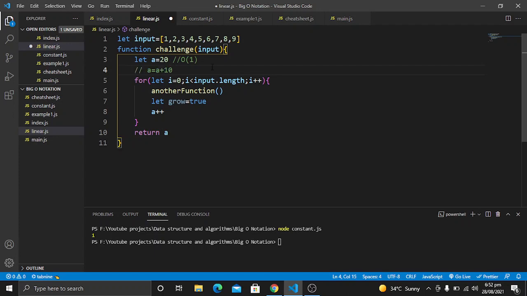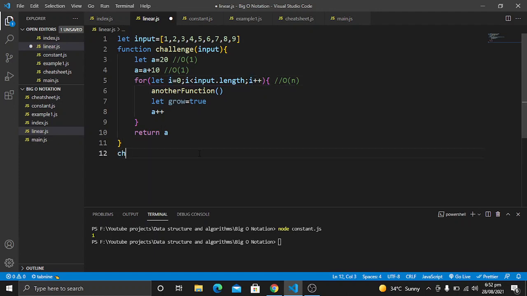Here we are calculating the big O of every line, so you can understand how we calculate the big O notations. For the second line it will also have a big O notation of 1, and for the third line, as you will see, this for loop will have a time complexity of O of n, because it depends on the number of inputs that we will pass here.